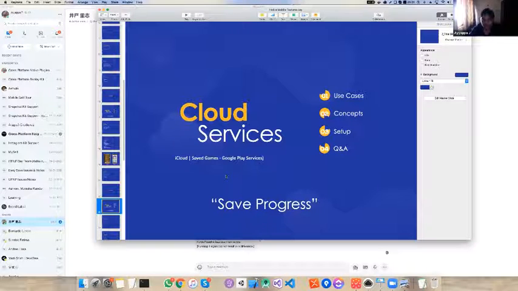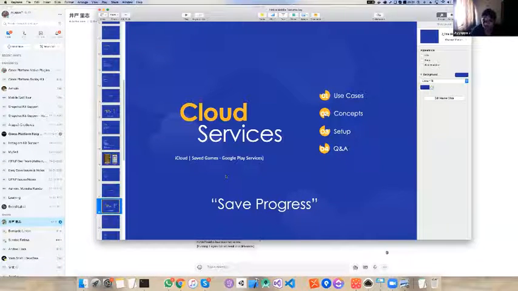For this reason, there will be a central server where the whole progress is maintained, and you don't need to pay anything for this service, because it's provided by the native platform, both iOS and Android. On iOS, iCloud is used for saving the data, whereas on Android you use the saved games feature of Google Play services.